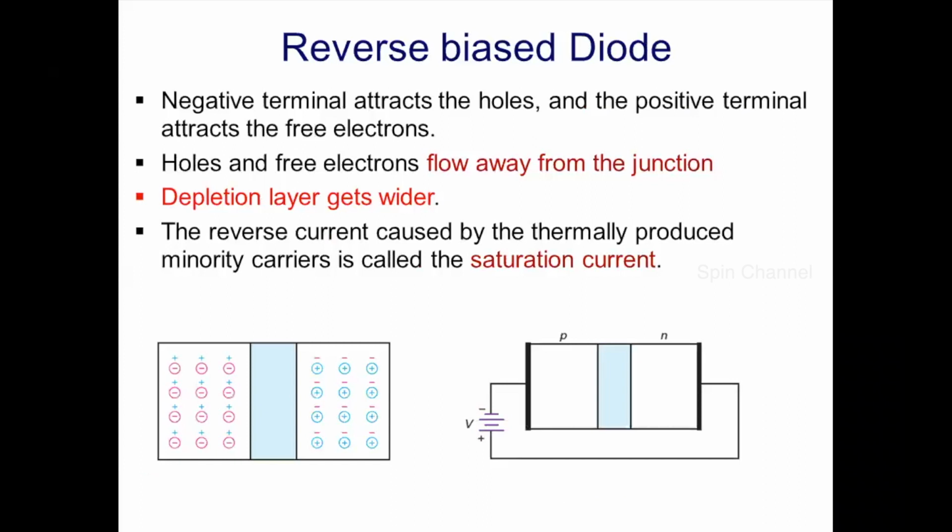The minority charge carriers available in the p-type and n-type regions, that is, the electrons in p-type and holes in n-type, acquire sufficient energy from the applied voltage and drift, contributing to a drift current here. But the magnitude of the current will be very small, and the current that flows under this condition is called saturation current. The reason it is called saturation is that the minority charge carriers are limited in the P and N regions. So the magnitude of current will almost be constant irrespective of changes in the supply voltage. That is why it is called saturation current. The direction of current will be from N side to P side, so it is also called reverse saturation current.